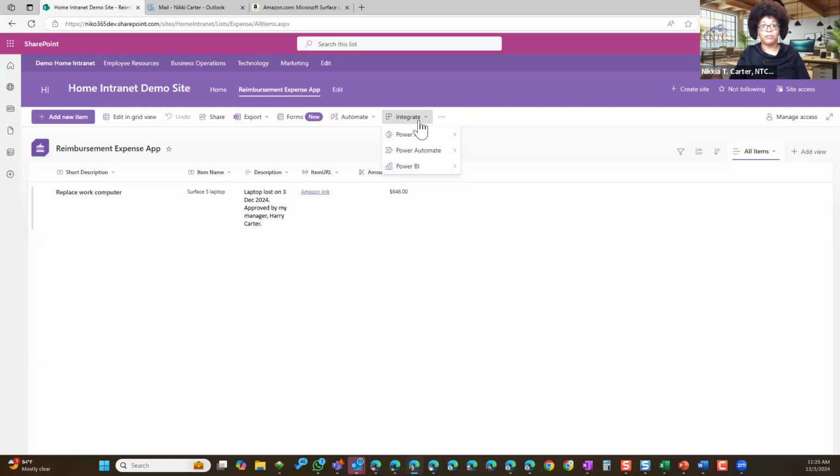So first we're going to integrate in the Power app. And the way we're going to do that is by creating a new one. So we're going to go into integrate, and we're going to go to Power Apps, and then we're going to customize forms. Like I said, we're not going to create a full standalone app that can be used on mobile and web. We're going to use one that's mostly going to be used through the web. So we're going to click on Customize Forms.